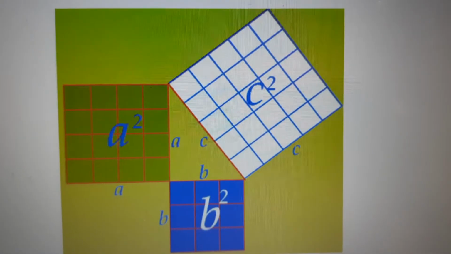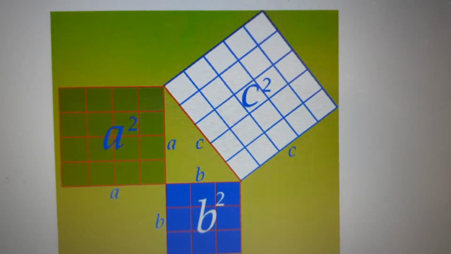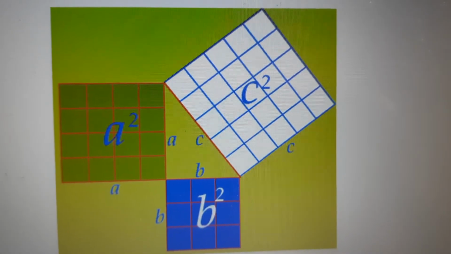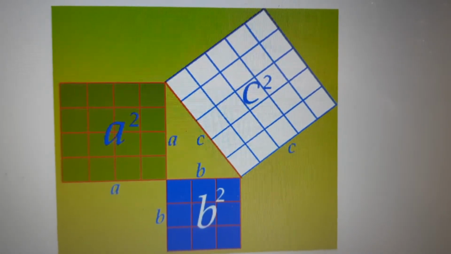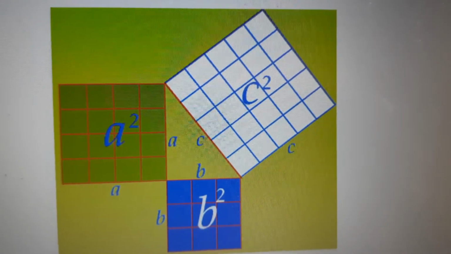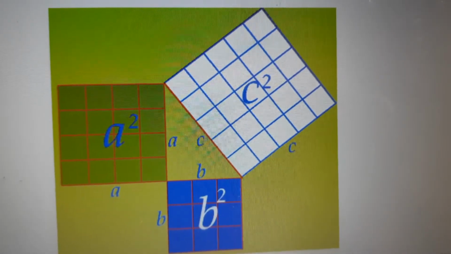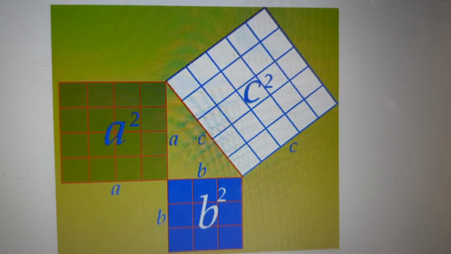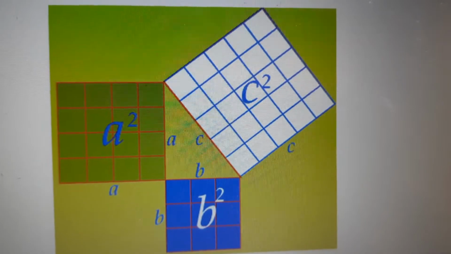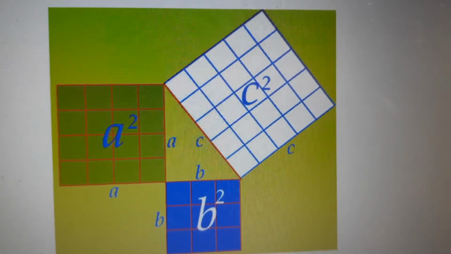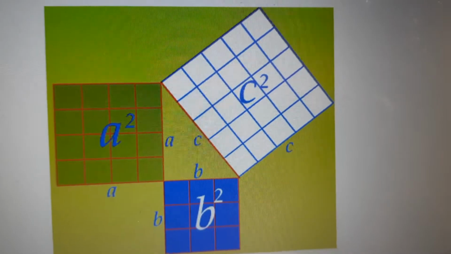But once more quickly, you can see the triangle is surrounded by squares. We have named them a square, b square, c square. They all are squares, and the hypotenuse length has the biggest square. This is how the formula is, because the area of a square is side into side, and if you take the side as a, it will be a square. If it is taken as b, b square, c, c square.